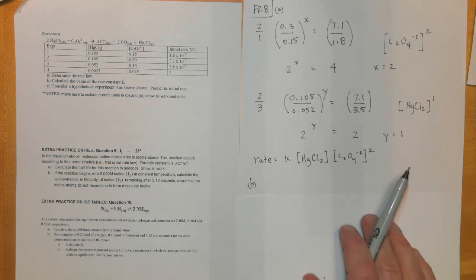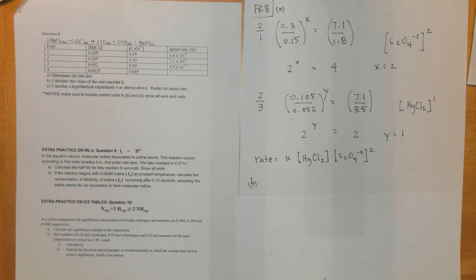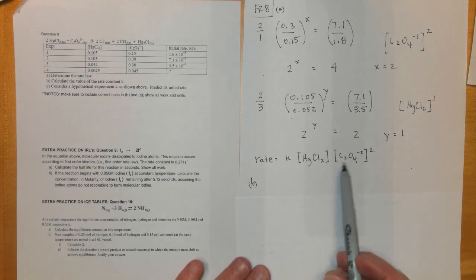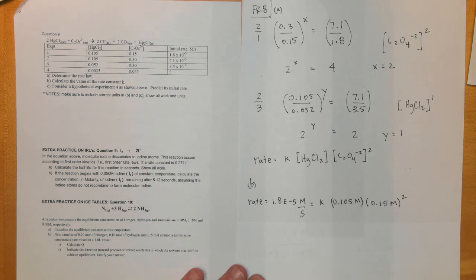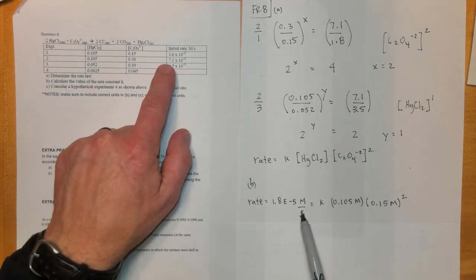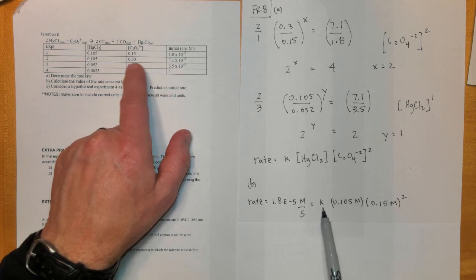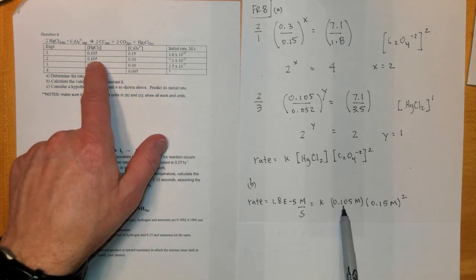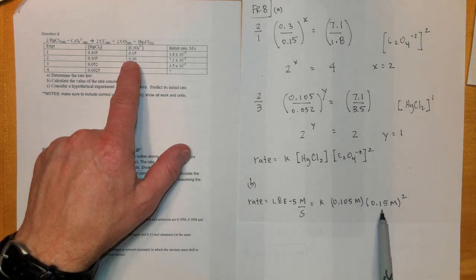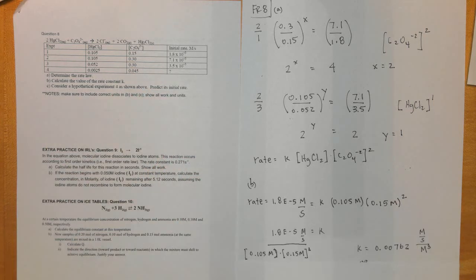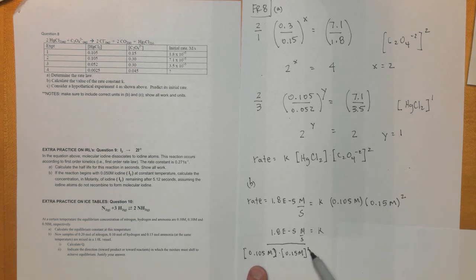So the rate constant K then could be calculated by taking this and plugging in any one of these experiments. I chose experiment number 1. And so I put in the initial rate, 1.8 times 10 to the negative fifth. Here's K. Here's the initial concentration of HgCl2 to the first power. And here's the initial concentration of C2O4 negative 2 to the second power. Okay, here's where I hope my math held up. I took these two to the other side over here, squared this animal, divide that, and I got K to be